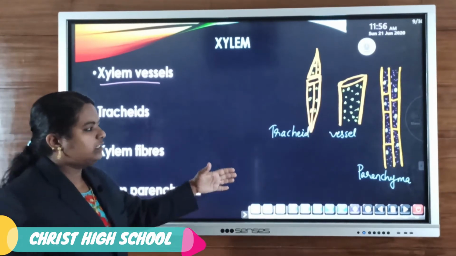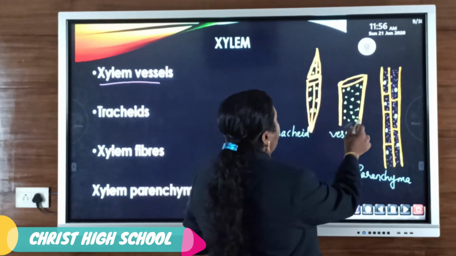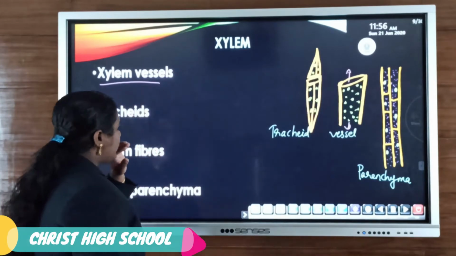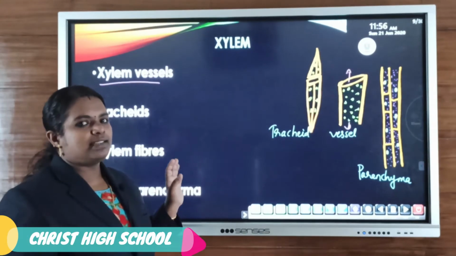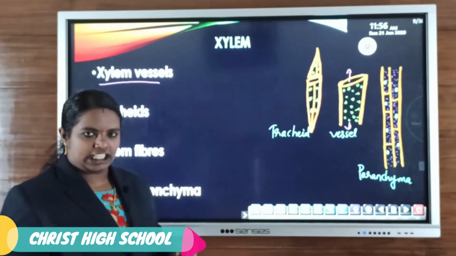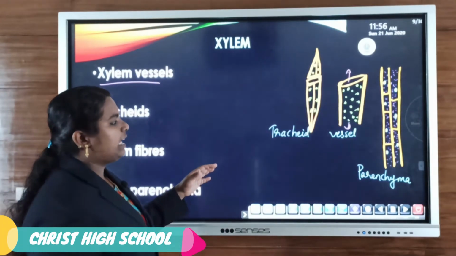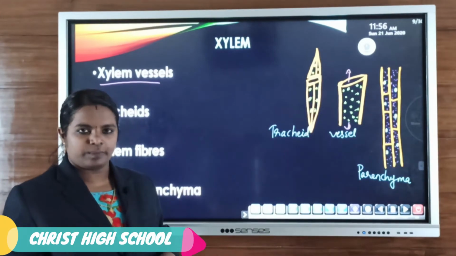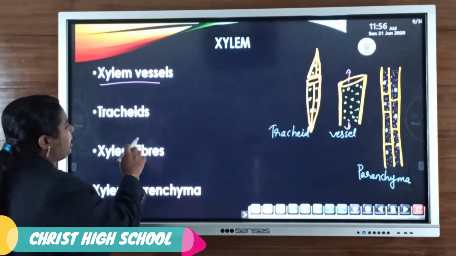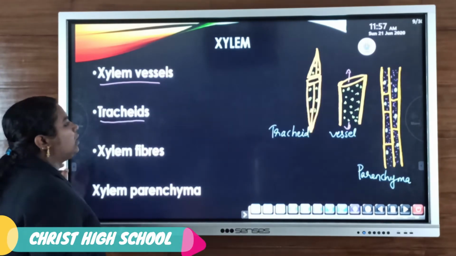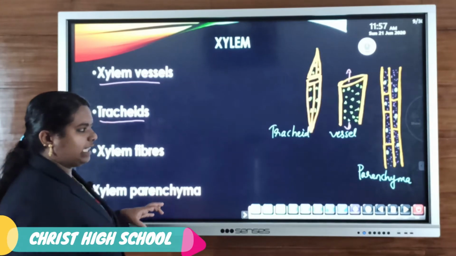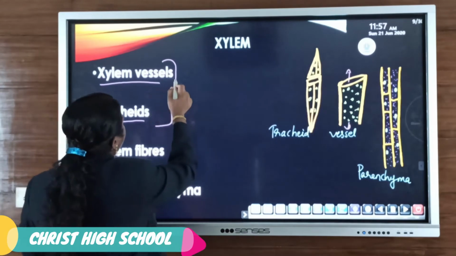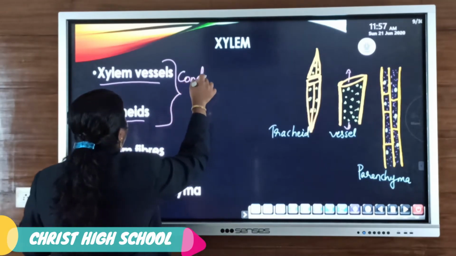This is the figure showing a vessel, and it is open at both ends. Due to these open ends, they form a continuous channel, which is mainly concerned with the conduction of water as well as minerals. The tracheids are the second element. These tracheids also help in the conduction of water and minerals. Both xylem vessels and tracheids together help in the conduction